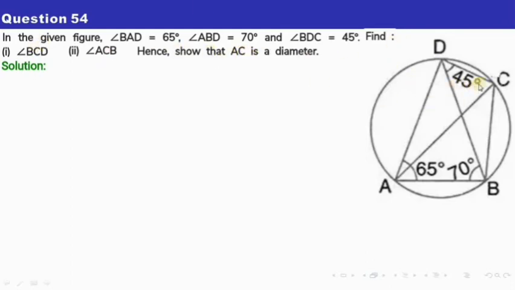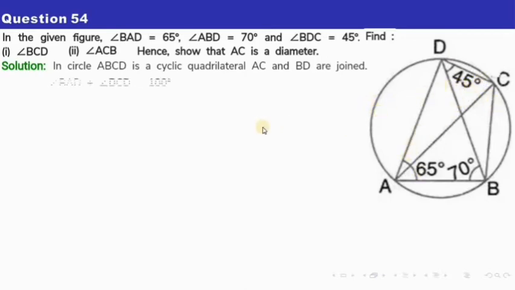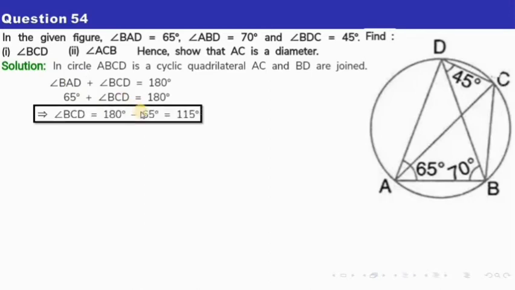So BCD, let us locate where is our BCD. So BCD is lying out here. So this is my BCD, and this angle is given to be 65 degrees. So obviously ABCD is a cyclic quadrilateral, and this angle and angle BCD both are lying opposite to each other. So that's why their sum is going to be 180 degrees. So what is BAD? BAD is 65. So from here BCD turns out to be 115. That is, this full angle is how much? 115. So we found our first answer.